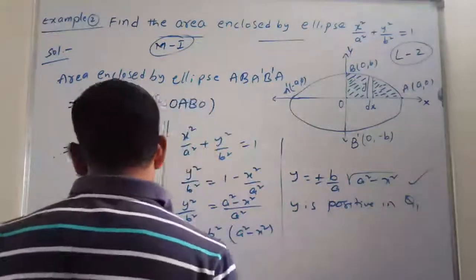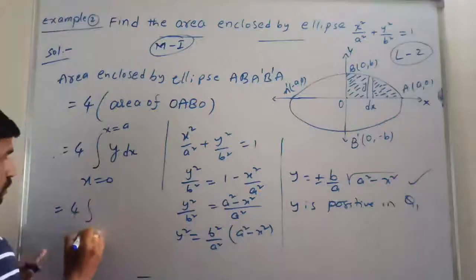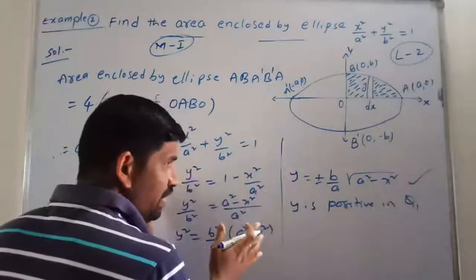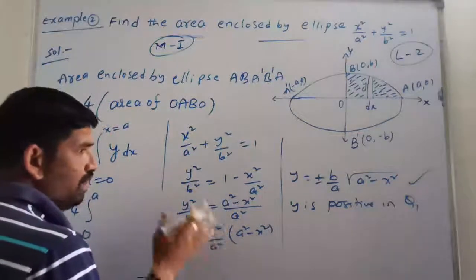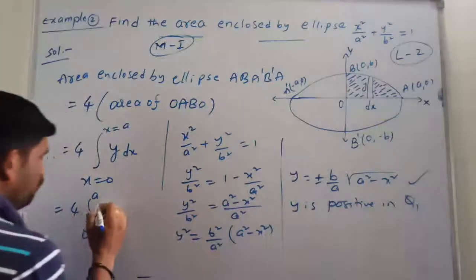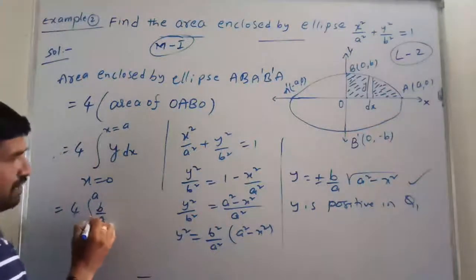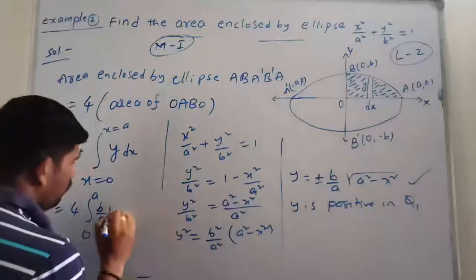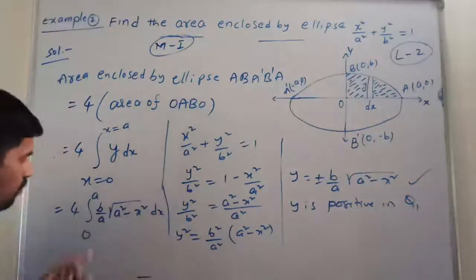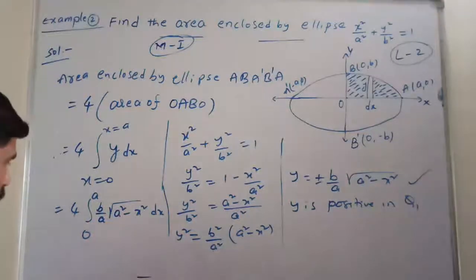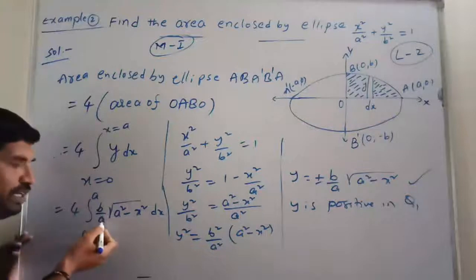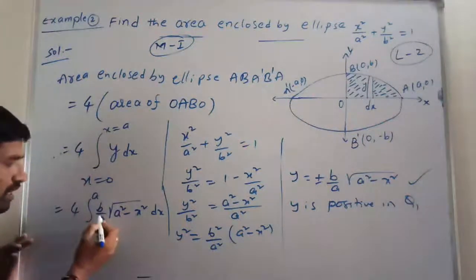That's why we are writing here integration 0 to a. Please all of you write down this part again in the fair notes only. In the fair part this is not enough work. Okay, next, what is y actually? We got y is equal to b by a, we are not taking plus or minus, b by a into under root of a square minus x square into dx. Completed. So students, we know how to apply the formula for this. b by a, it is a constant. Yes or no? b by a, it is a constant.